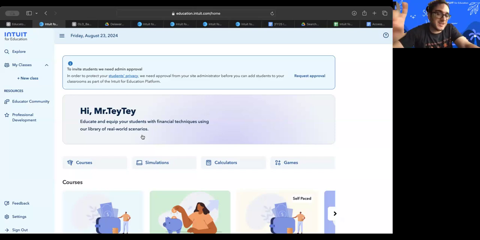I will recommend you do that if you're the department chair, or the principal or admin of your school. I'm not going to say do it other ways. If you realize that that is not the right person you sent the email to, you can always do this again, and you can just resend it to the right person. You can do it as many times as you need to.